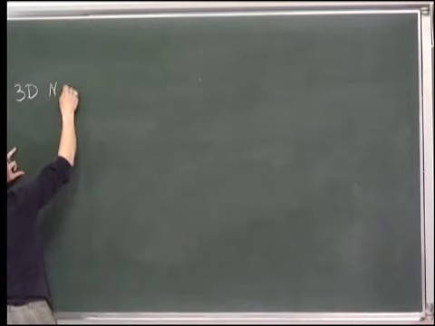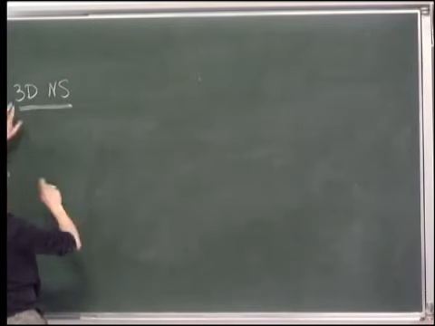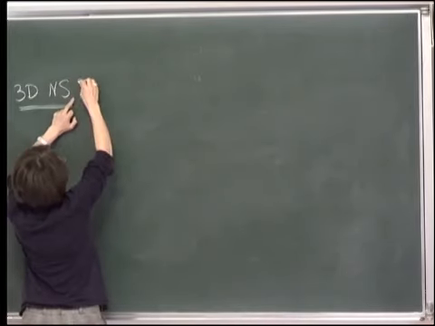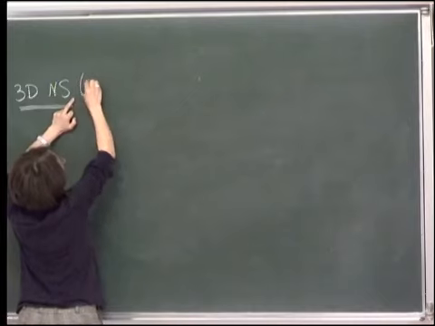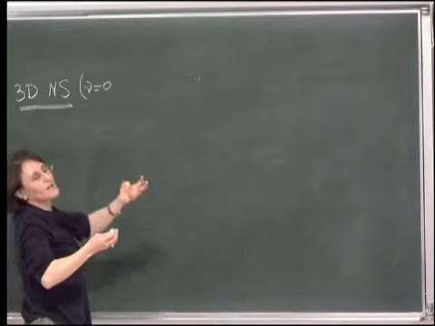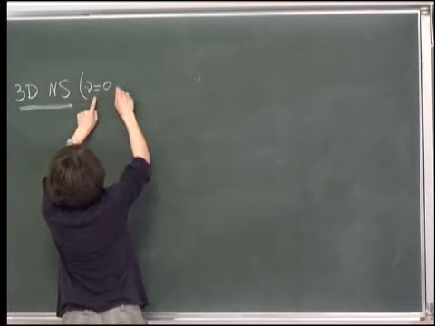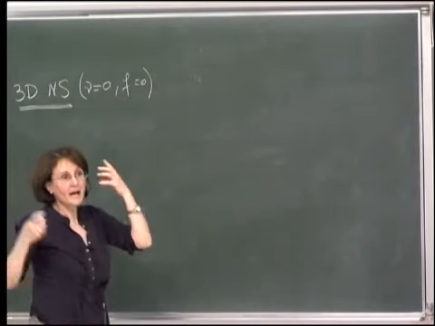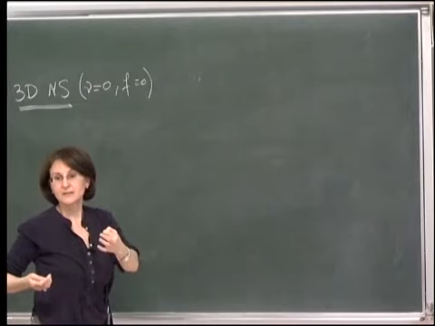3D Navier-Stokes. When I say 3D Navier-Stokes, I mean, let us take nu equal to 0. It's not Navier-Stokes anymore, it's Euler, okay? For nu equal to 0 and f equal to 0, in 3D, we have only one invariant, which is the